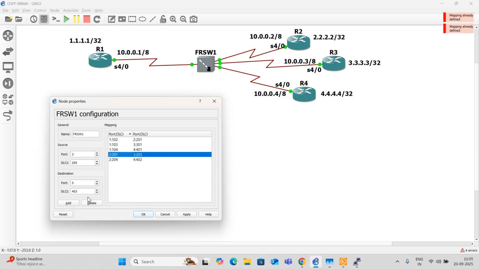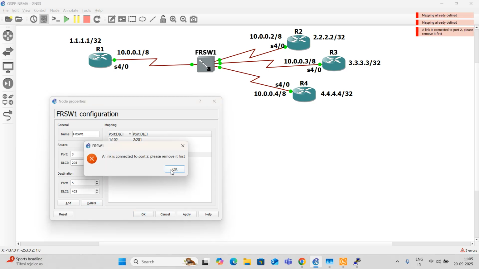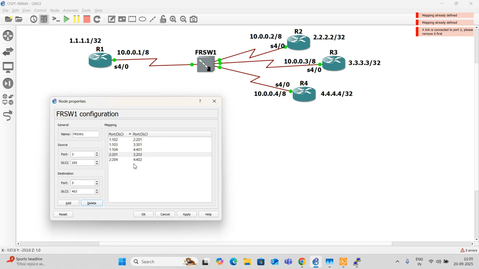The previous one I want to remove. It's okay.